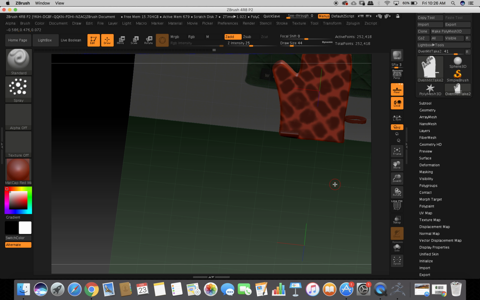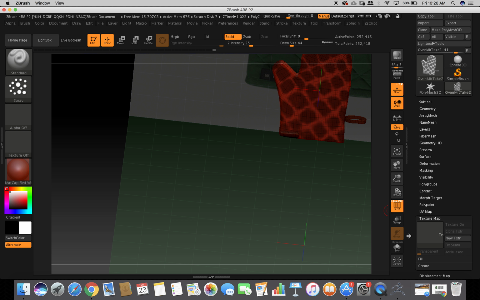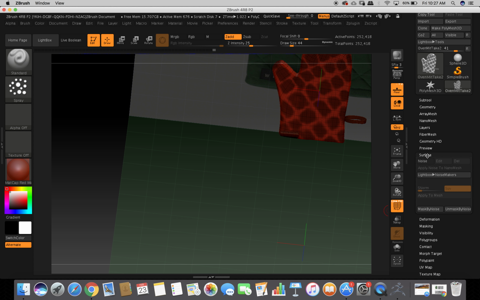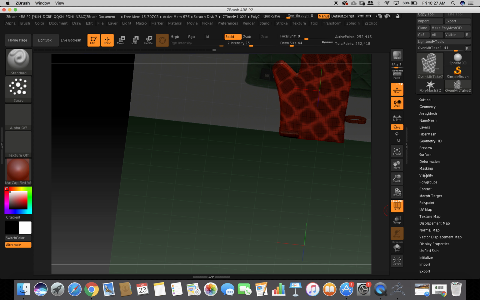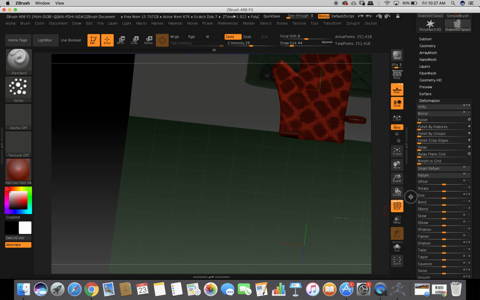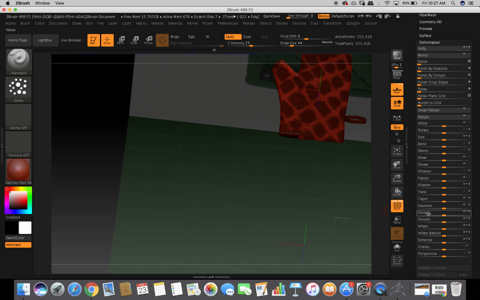Okay, I think it was. I'm trying to remember what it was. It was texture. Let's check out texture. No, that wasn't it. I think it was under layers. No, that wasn't layers. Surface. Okay, I think this is where it was. And on to inflate. Honestly, I think you pulled it a little bit this way. So, wait, let's